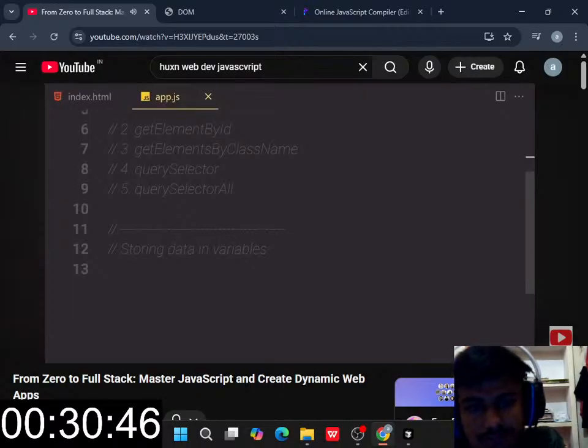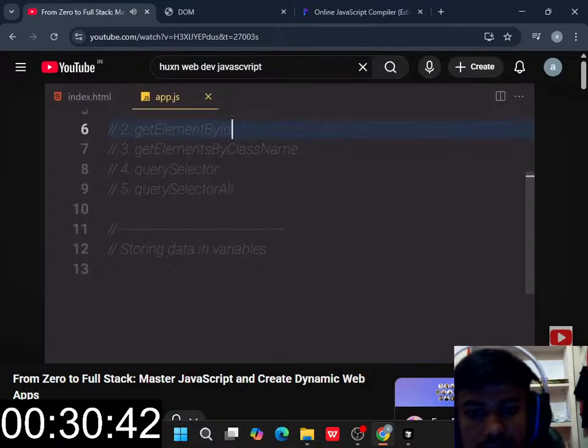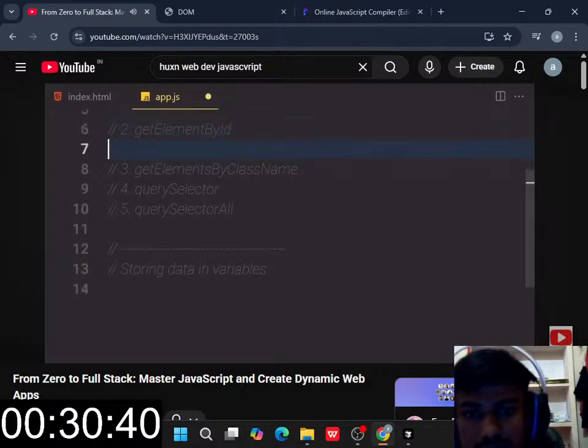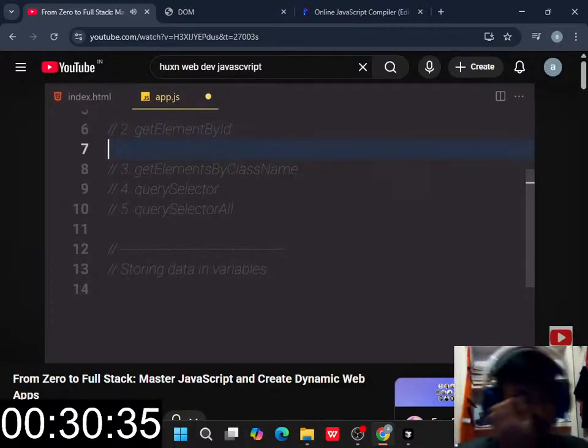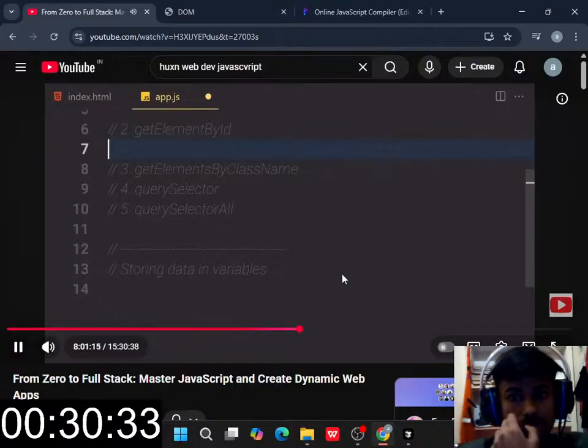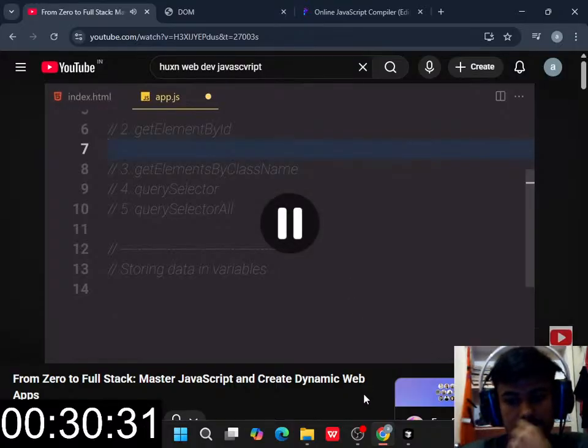Now the next selector we have is the get element by id selector. It's a method, and it allows us to select something by using the id. So what do we have to do? I already gave you the answer, so I want you to give me the answer. What do we have to do to access